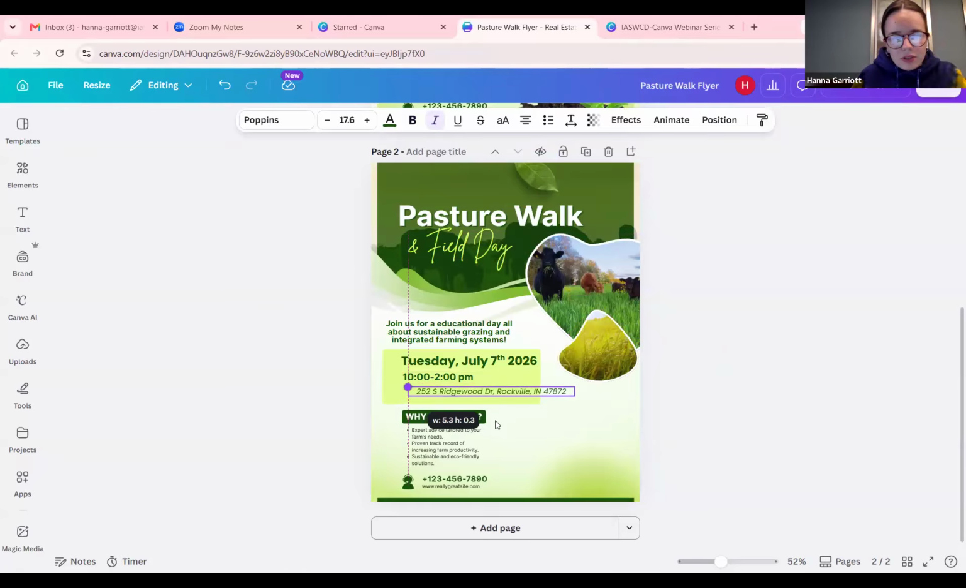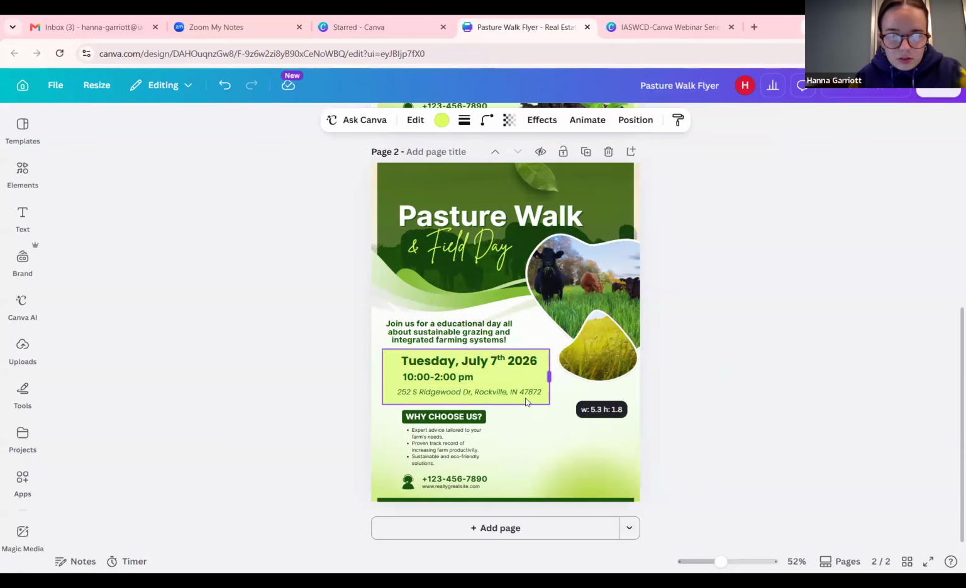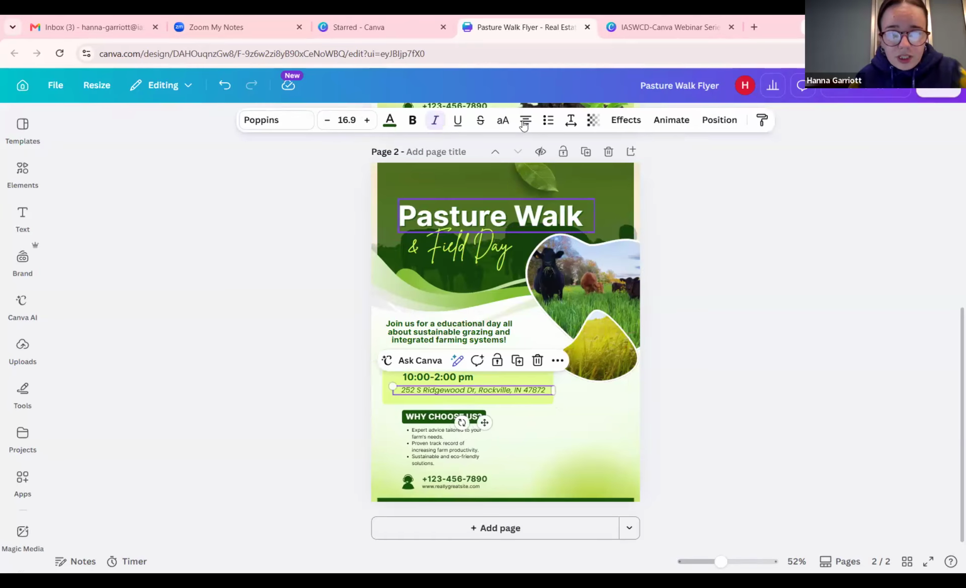Make this maybe just a little bit smaller. Actually, I think this one I had. Yep. And then same thing, the alignment's all out of whack, so I'm going to throw the alignment back